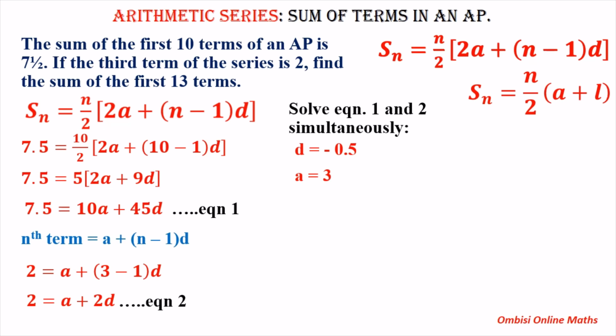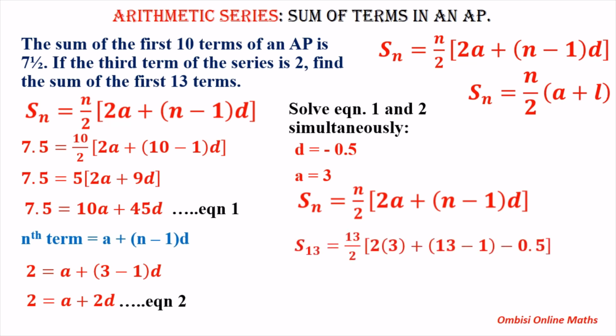So from one value to the next, consecutive value, there is a difference of 0.5. You add negative 0.5. That means you subtract 0.5 from one value to the next value. So this one looks like a decreasing sequence. Now, you are supposed to find the sum of the first 13 terms. So using our formula, equate the value of d, equate the value of n, and also equate the value of a. N in this case is 13. So if we equate, you have this one. And when you solve, you have that the sum of the first 13 terms of the series is going to be 0. So that's how we tackle questions on